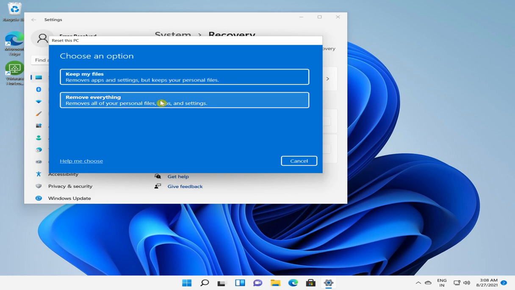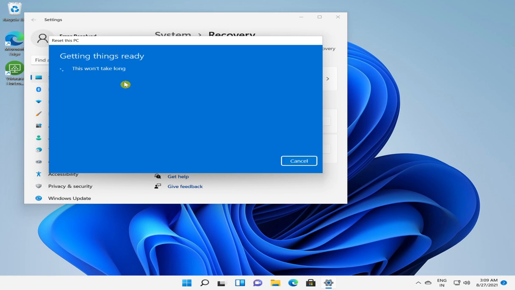If you do not want anything and want to go with a complete reset of the system, removing all files and applications except the default applications which Windows has, and you may have installed, like if you see one application called VMware Horizon Client over here, you don't want this as well, or any other applications which you have in your system, then you can go with remove everything. What I'll do is use the option keep my files so that it probably takes less time